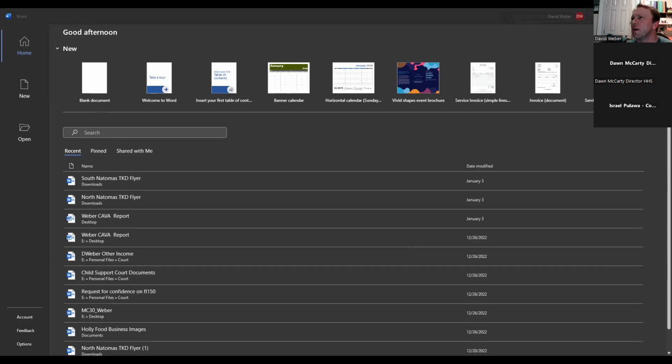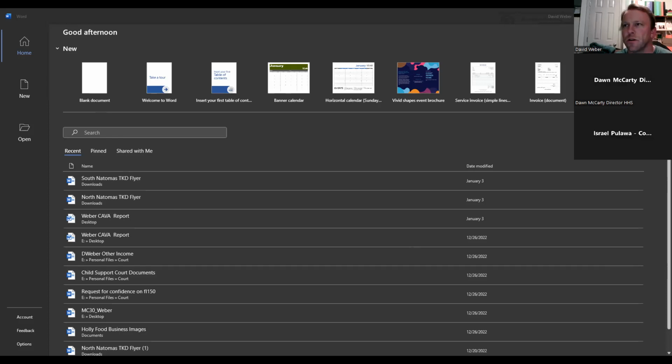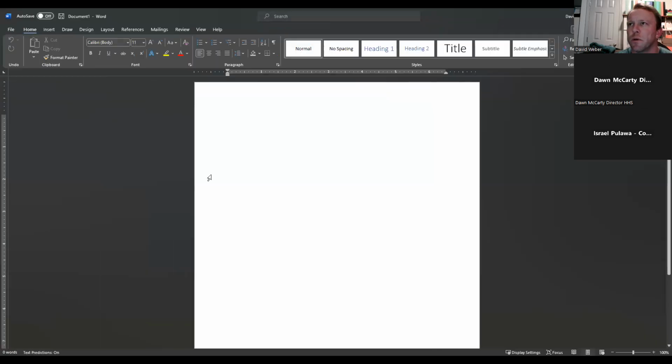Okay, let's go over here. When you guys load up, and we're going to cover this today too, I'm going to go into a blank document. You can all see that I'm in Microsoft Word, right? Yes. Okay. So on the home, these are tabs: home, insert, draw, design, layout, references, mailings, review, view, and